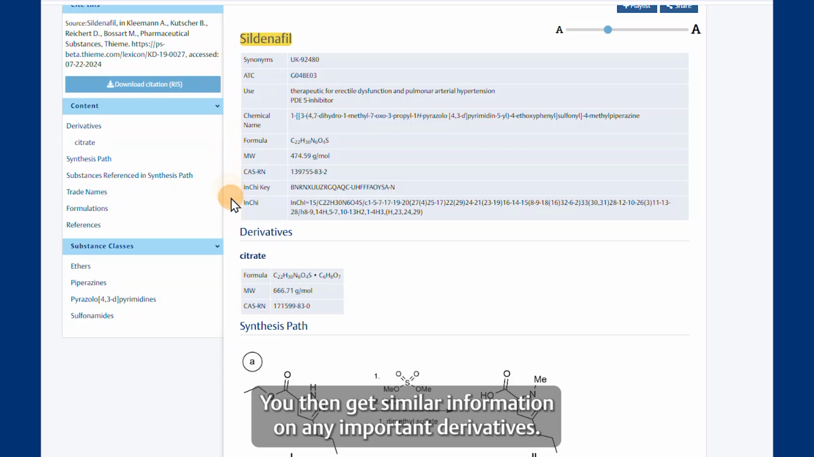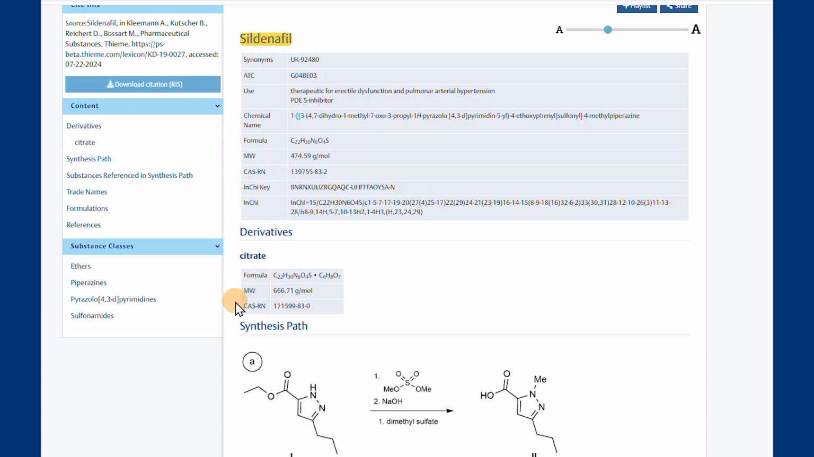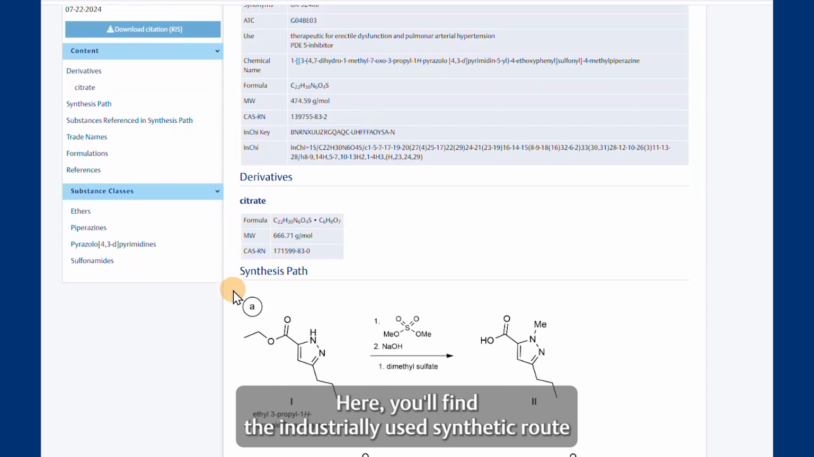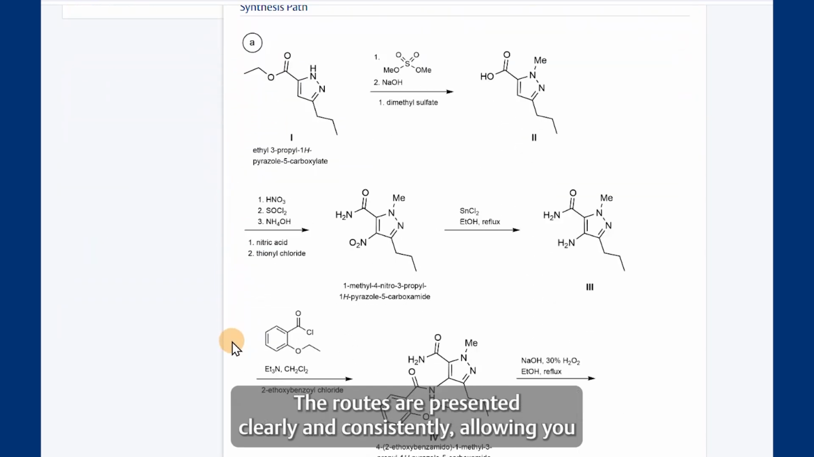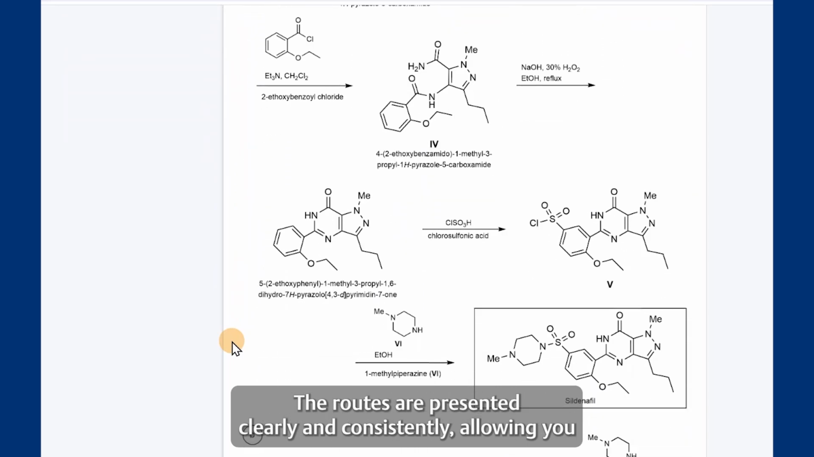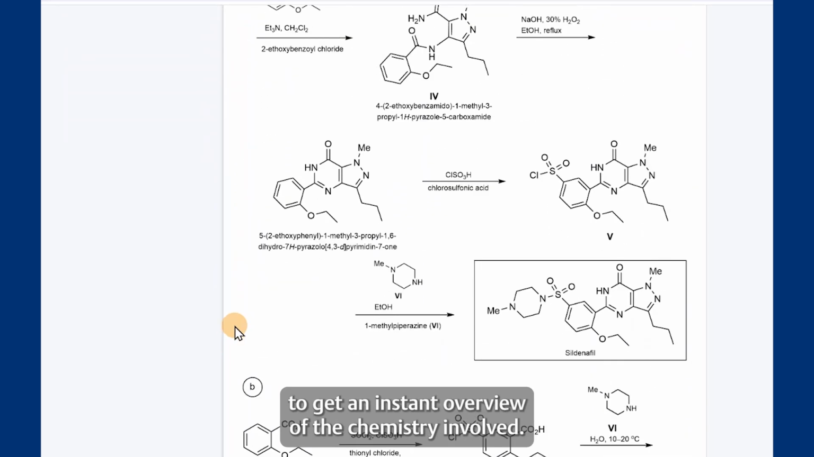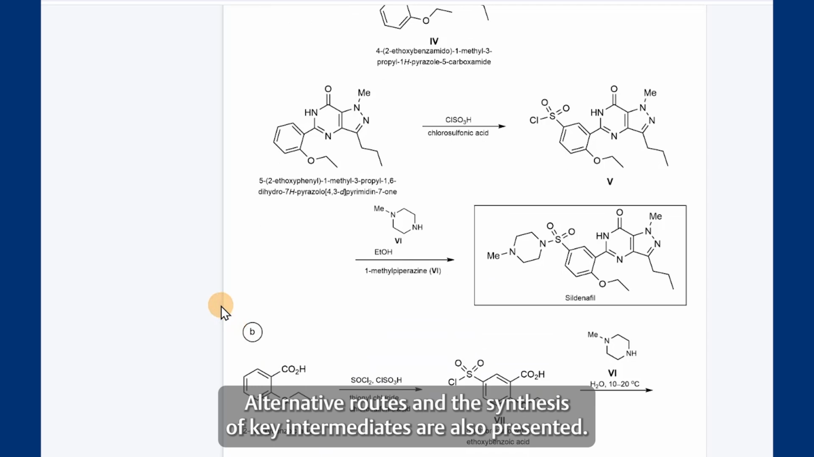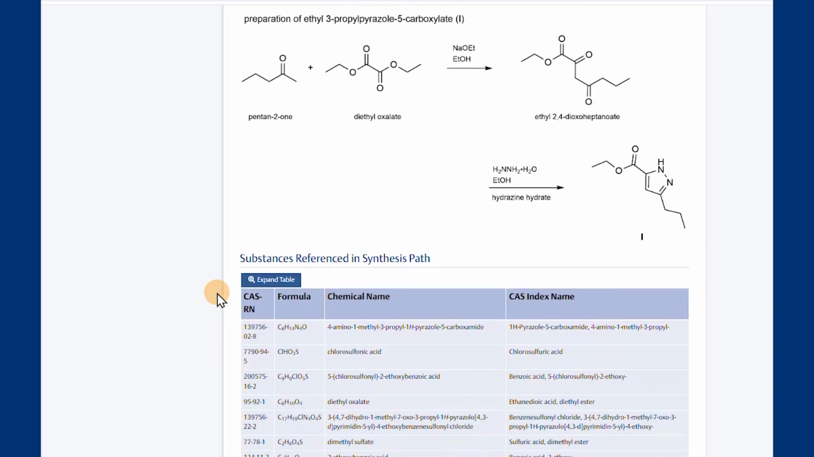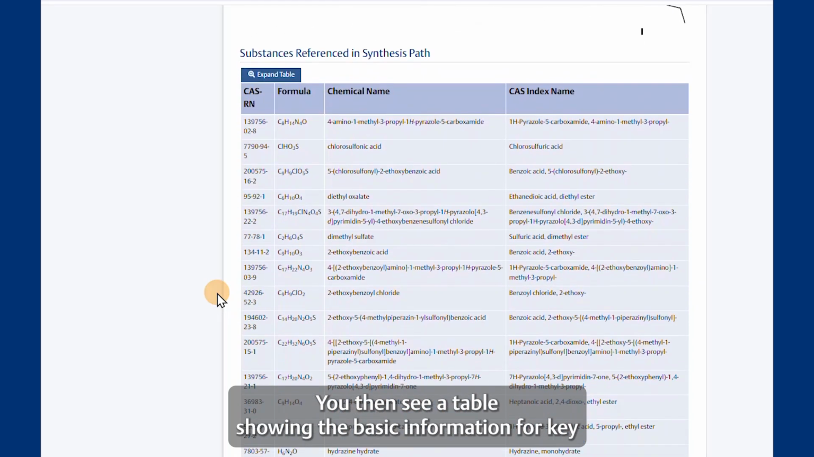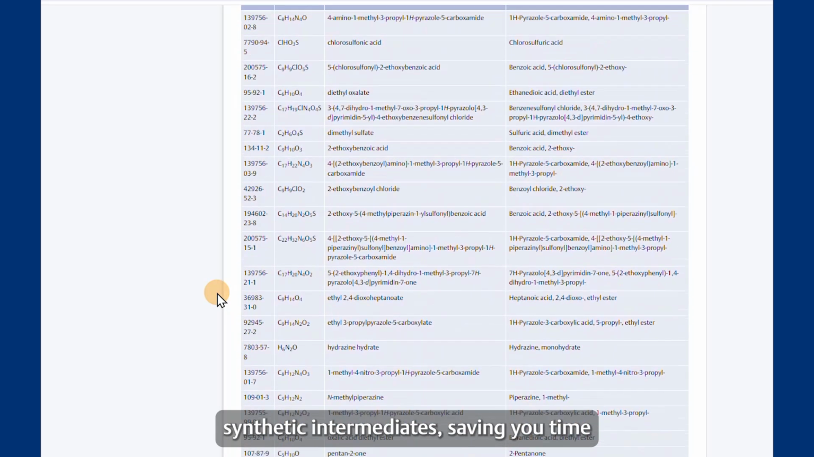You then get similar information on any important derivatives. Here, you find the industrially used synthetic route to the API, as reported in the patent literature. The routes are presented clearly and consistently, allowing you to get an instant overview of the chemistry involved. Alternative routes and the synthesis of key intermediates are also presented. You then see a table showing the basic information for key synthetic intermediates, saving you time if you want to